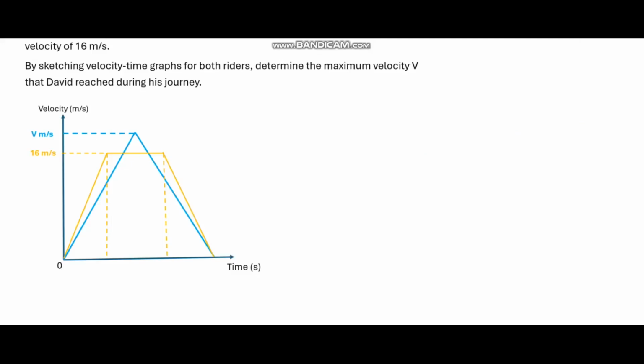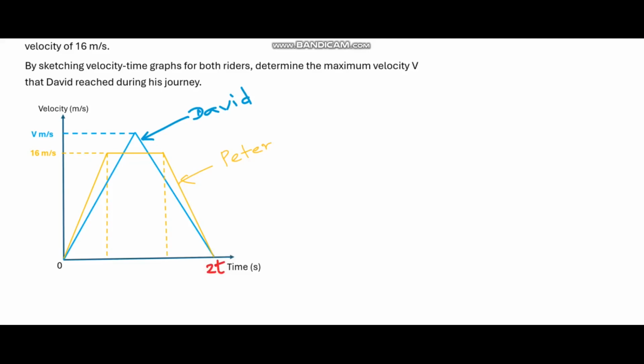So the blue curve is that of David's journey, and this light orange is Peter's. Now the total journey time, I'm going to take this as 2t. You will see why in a minute,